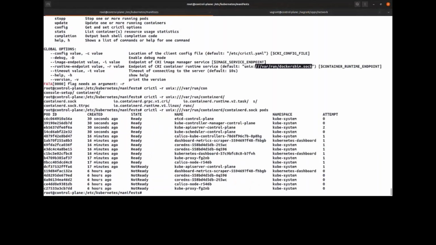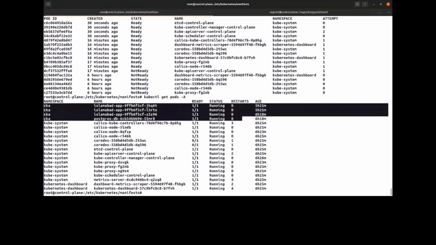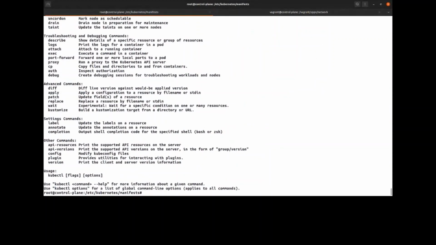If I say pods, okay, I can see that the etcd started 30 seconds ago, the controller manager will restart, and the kube API started. Okay, let's see, kubectl get pods -A in all namespaces. Okay, and we can see now the backup restored a namespace CKA with an application in the CKA. So that's the application that was restored by the backup. And if I go to this namespace -n CKA, and I say get all.